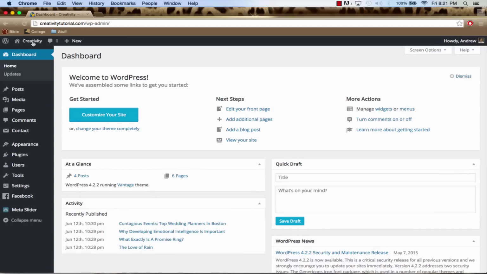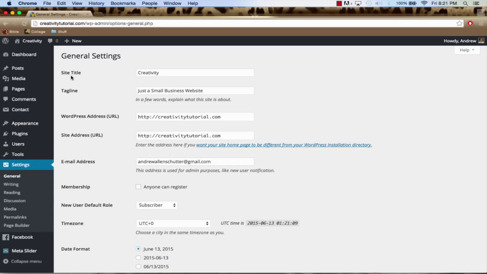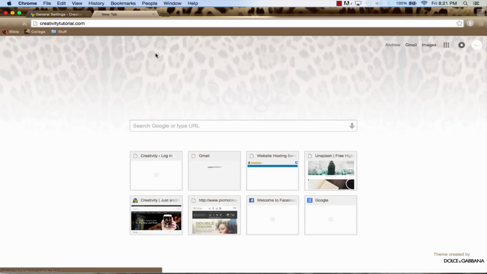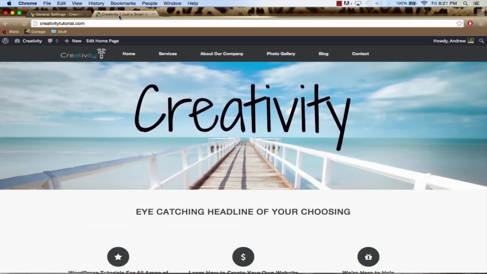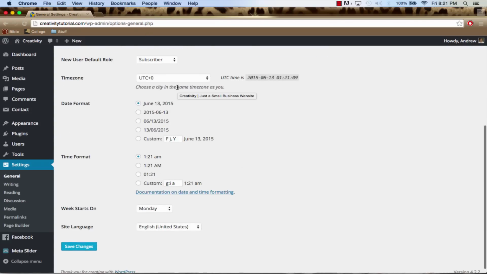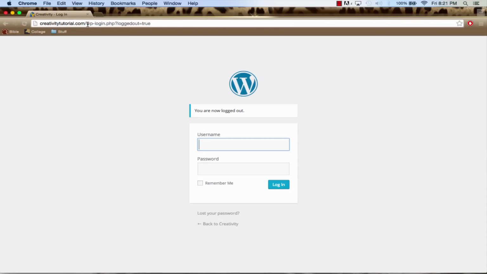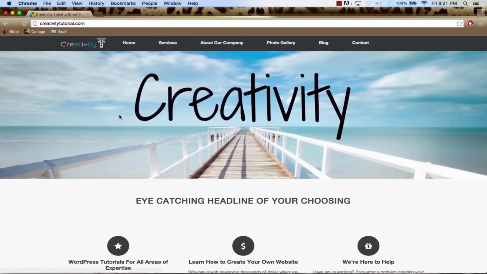If we go back to our WordPress dashboard and we go to Settings and then General, and we go look at the site title and tagline, if we open up a new tab and we were to go to our website, up here it says Creativity, Just a Small Business website. This is how you are going to change the name of your website. After you've done that, you can click Save Changes and then log out. You can go visit your website by removing this, and voila,